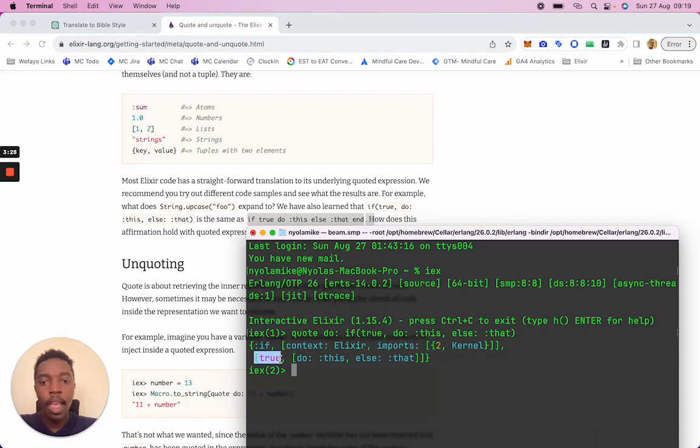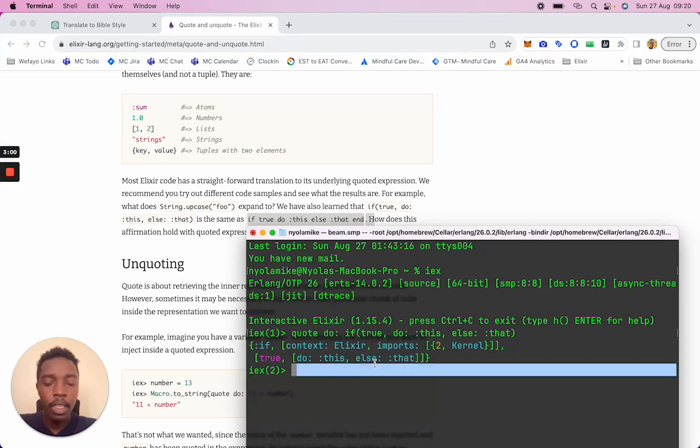Then the two arguments that are going into this if thing is true. It's true because we have true there, and then a keyword list do this, and also else that, another key, and